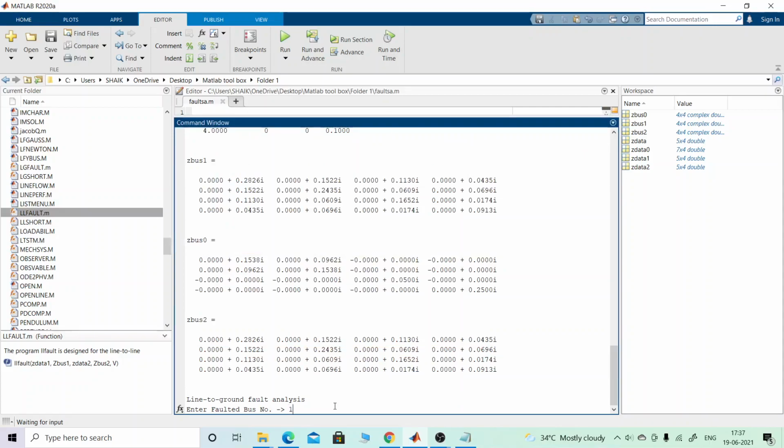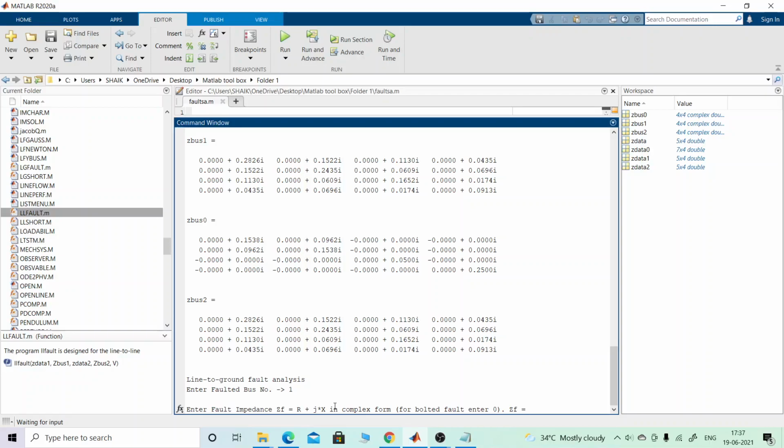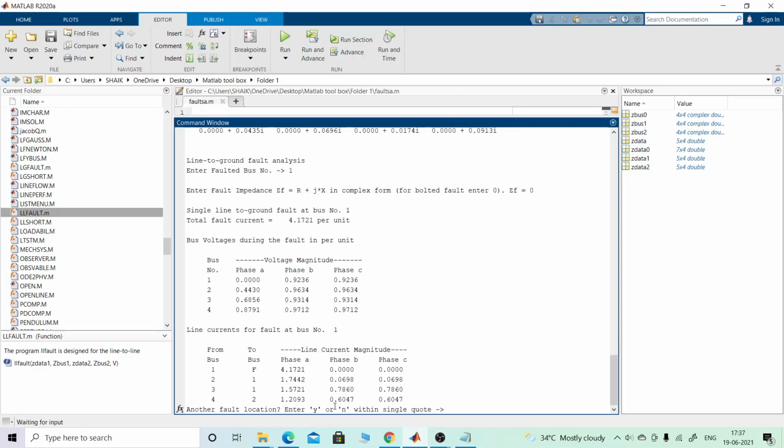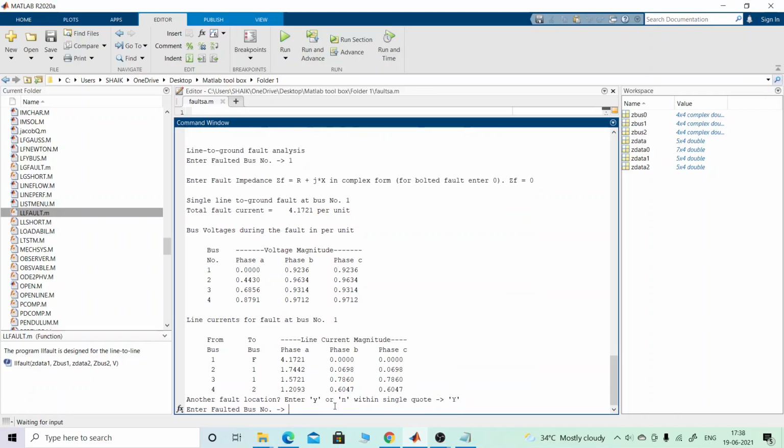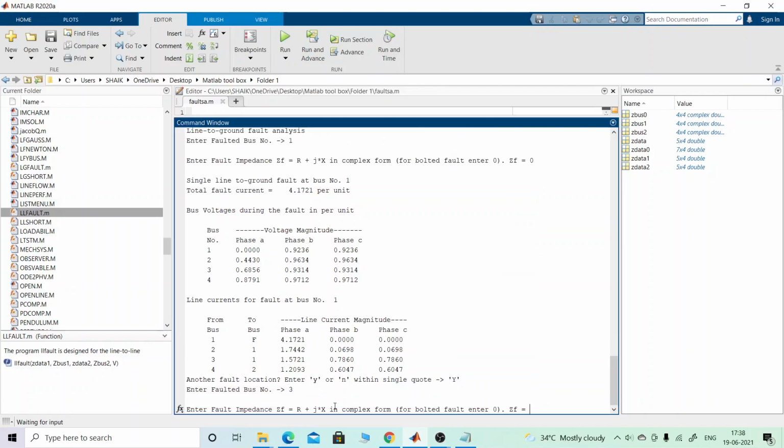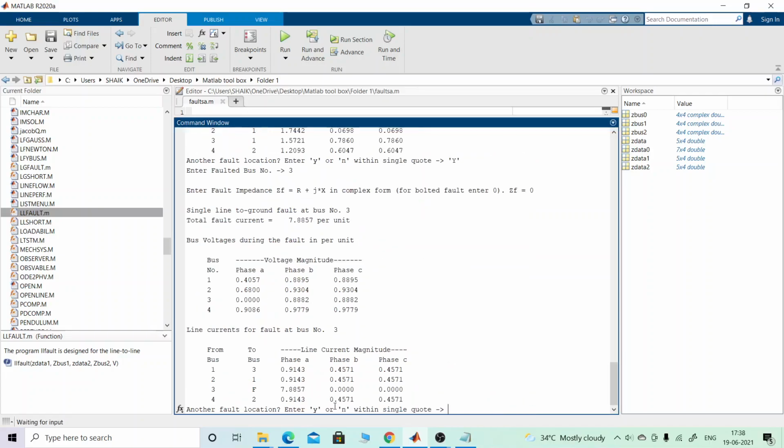For example, for bus number 1 with ZF 0, once again I got the values. For another fault location, bus number of fault 3, ZF for example as 0.